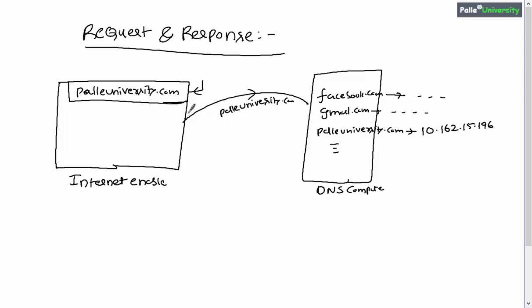So whenever you type palauniversity.com and click on enter in your browser, automatically this domain name will be sent to the nearest DNS computer. The DNS computer will identify the IP address corresponding to palauniversity.com, and then that output will be sent back, or that IP address will be sent back to the browser.